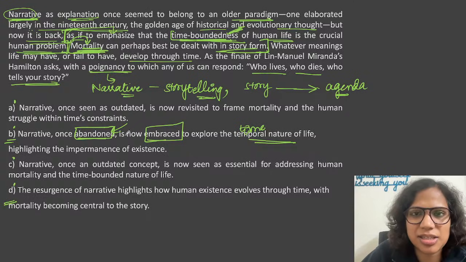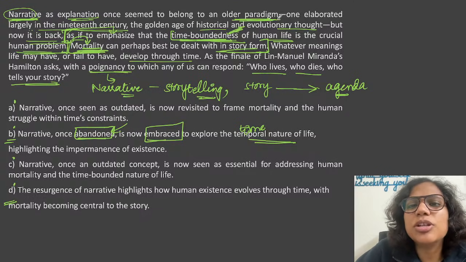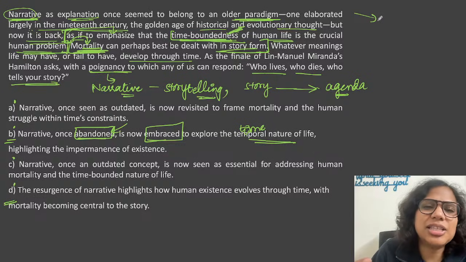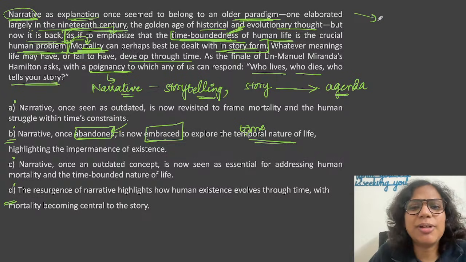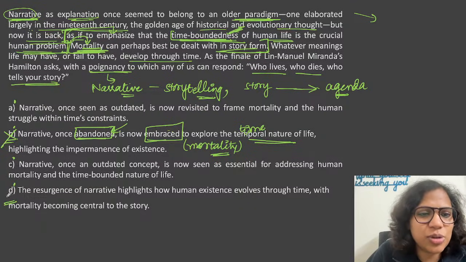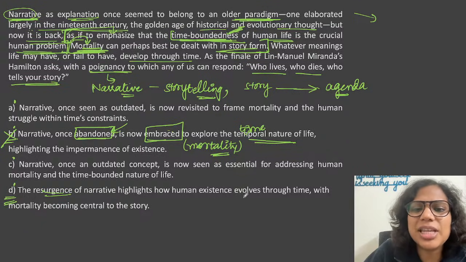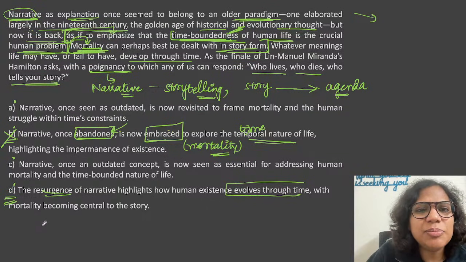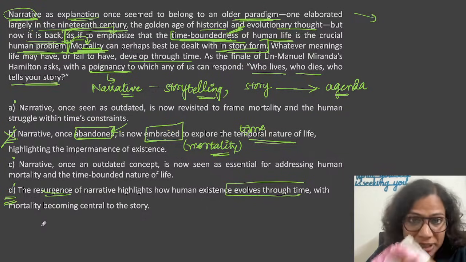ये एक्सट्रीम आइडियाज़ हैं. ओके, it seemed to belong to an older paradigm, मतलब कि अब वो इतना लेट्स से यूज़ नहीं होता. इसका मतलब ये नहीं हमने अबैंडन ही कर दिया. सो इंटेंट का डिफरेंस है वर्ड्स में, ठीक है. अच्छा, और सो ऑल्सो मोर्टैलिटी की बात ही नहीं हो रही है. आई फील मोर्टैलिटी की तो बात होनी चाहिए, बिकॉज यही दिखा रहे हैं हम अब नैरेटिव के थ्रू, स्टोरीज के थ्रू. सो नहीं होगा ये आंसर. D says the resurgence of narrative, दोबारा आना नैरेटिव का, highlights how human existence evolves through time, with mortality becoming central to the story. Okay, now